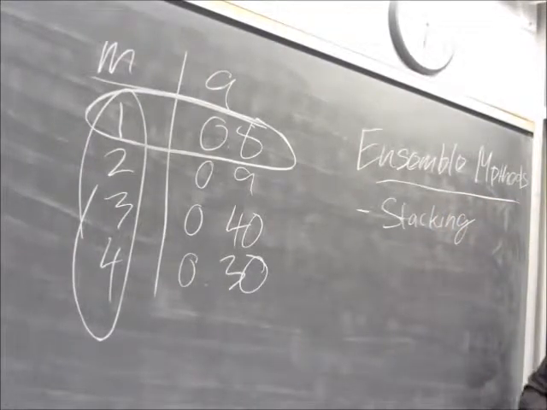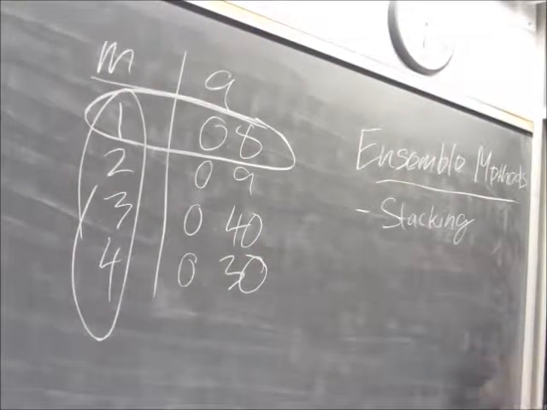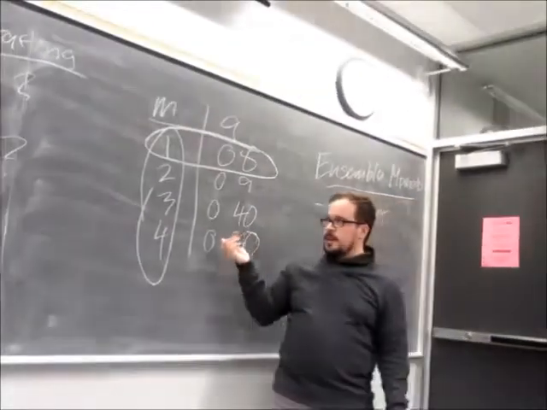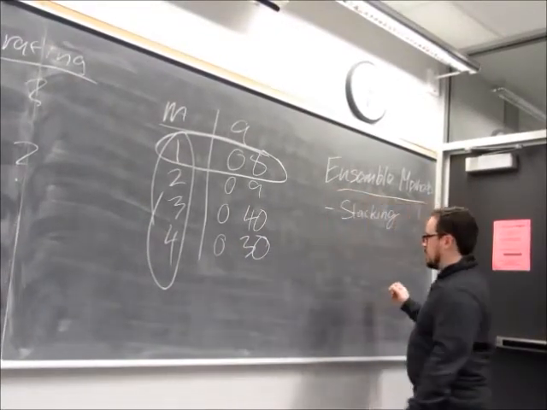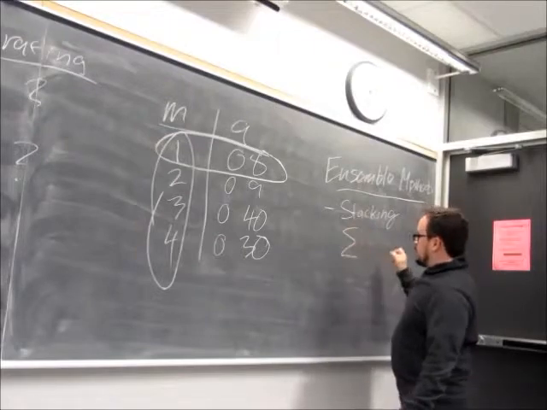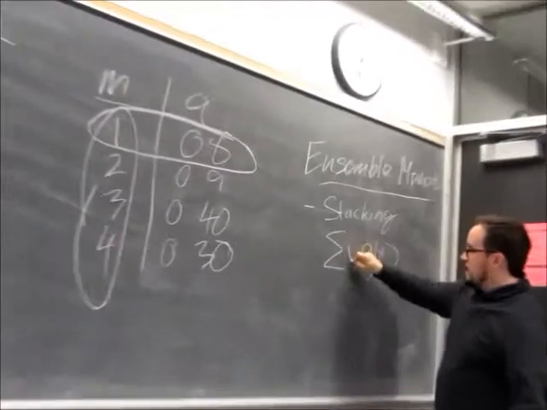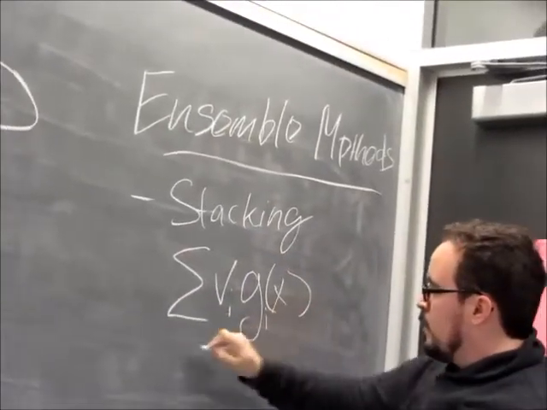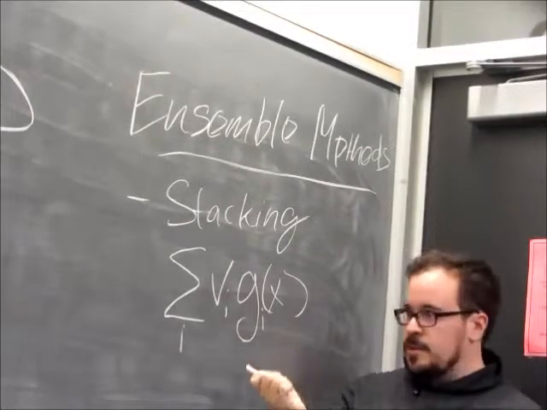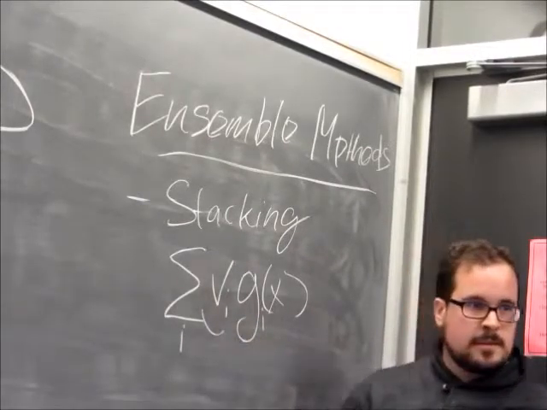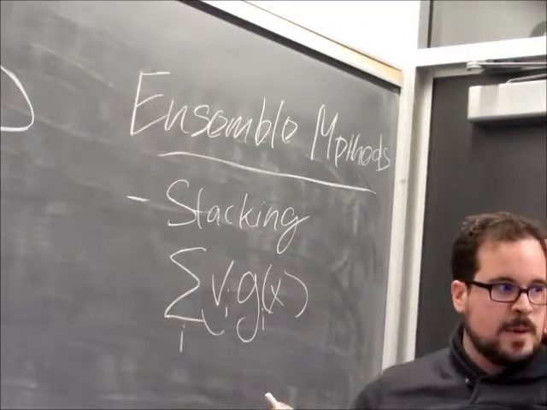And I don't know how many people are familiar with stacking in general, but it's a very, very simplistic technique. As a statistician, you look at a set of models like this and you go, okay, the first thing I want to try is a linear model. And that's exactly what it is. It's simply take the sum of all of your model results and weight them, basically forming a system of linear equations that you solve for a constant, and fit your model results to your data as best as possible.